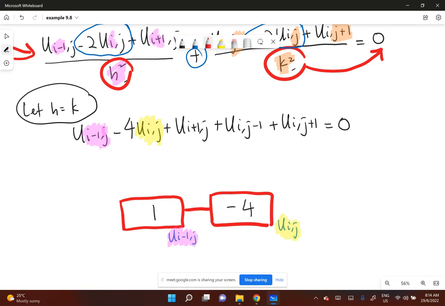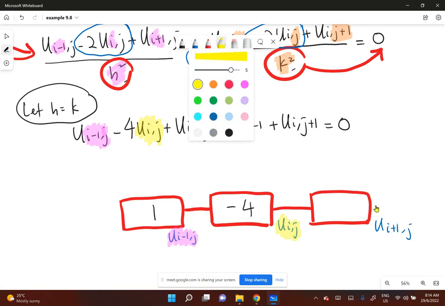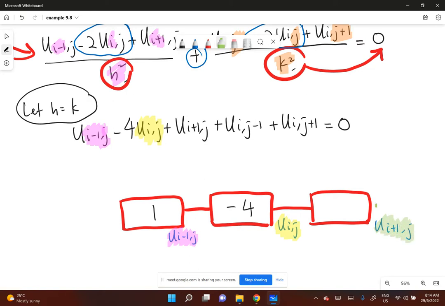And then this is u_{i+1,j}, here u_{i+1,j}, so this is 1, and then plus with